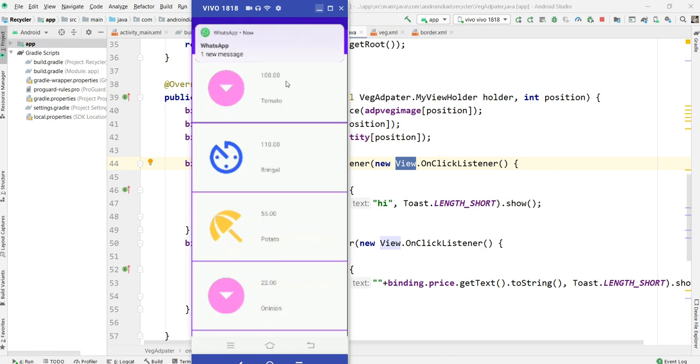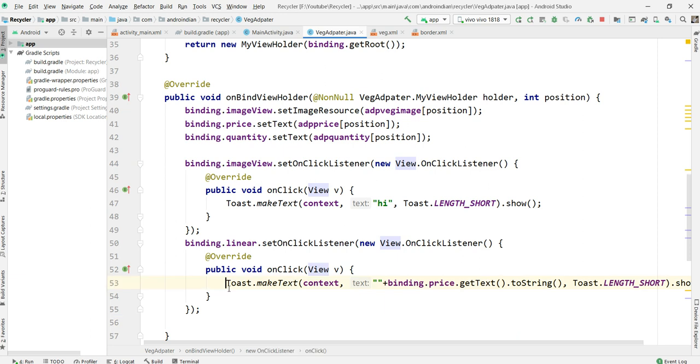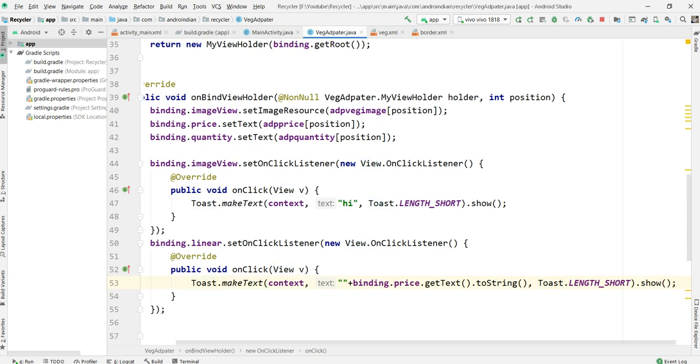But in a recycler view or custom list, applying intent is a little bit different. So how could it be? Now I'm applying intent while clicking this.